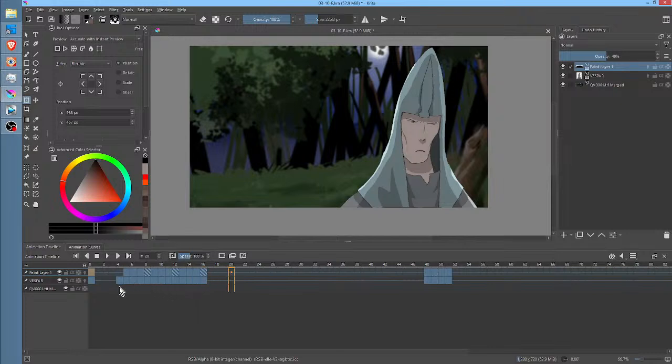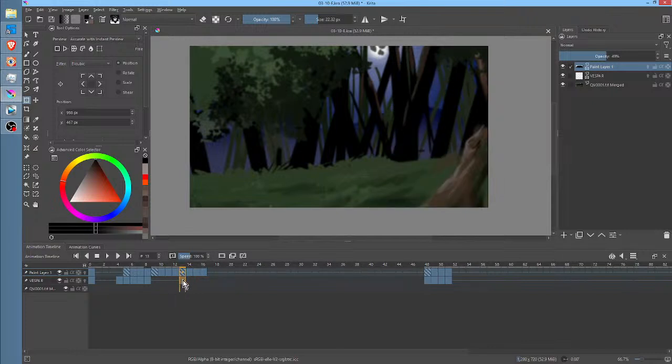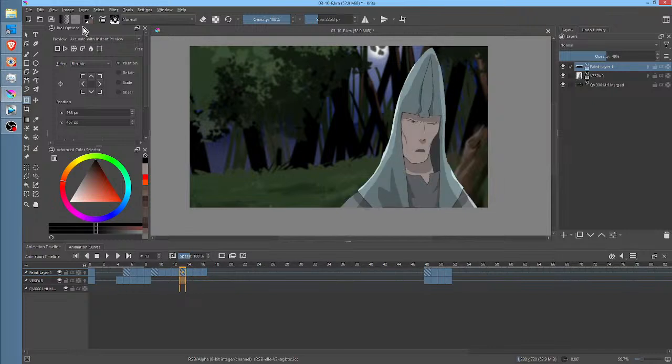Okay, and by the way, it's worth noting that once he settles here, all of these frames are redundant, because if you're familiar with, what is it called in Toon Boom? Implicit hold. Implicit hold is by default the way most animation programs work, actually. So once he settles on this frame, it's going to stay on the screen until I insert a new animation keyframe, which of course in this case is empty.